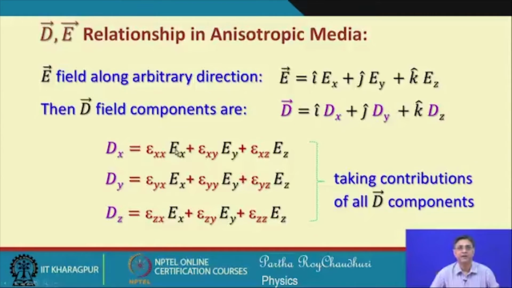So, when we apply an electric field Ex, you get epsilon xx Ex, epsilon yx Ex and epsilon zx Ex. So, these are the three components which are due to the electric field Ex. These three components are due to the electric field Ey, and these three components are the displacement components which are due to the z component of the electric field. So, these are three simultaneous equations, which can be